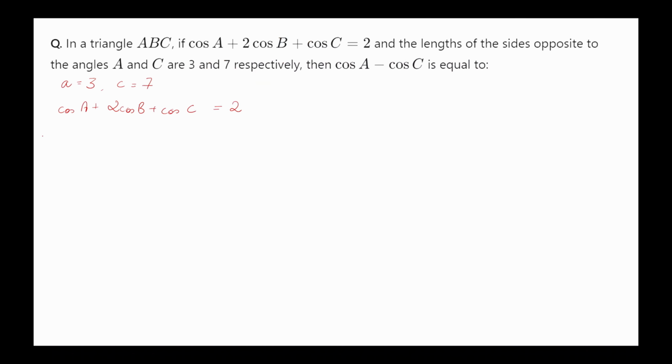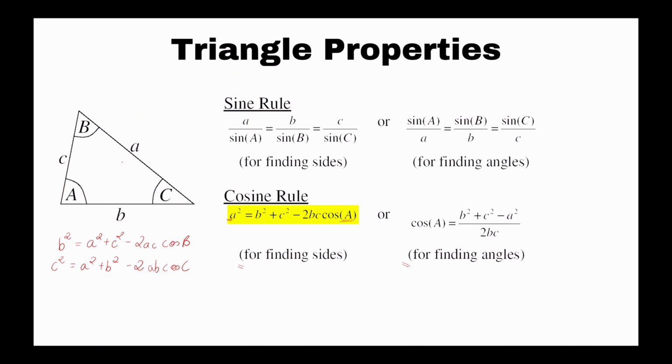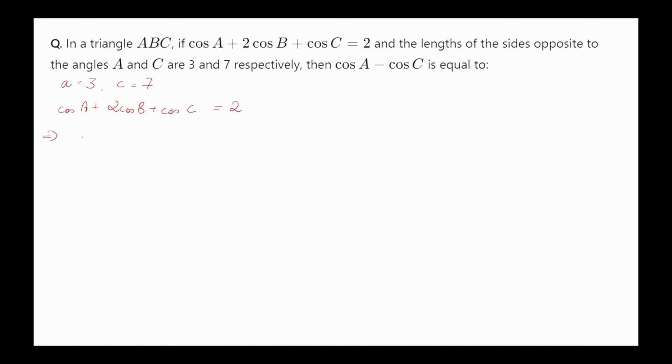So this is the equation that we have. As we had studied in the cosine rule, we are going to replace this formula for each and every angle, and then I'll put the values of A and C, and then I'll find out whatever my B is. So this would become (B square plus C square minus A square) upon 2BC, plus 2 times (A square plus C square minus B square) upon 2AC,